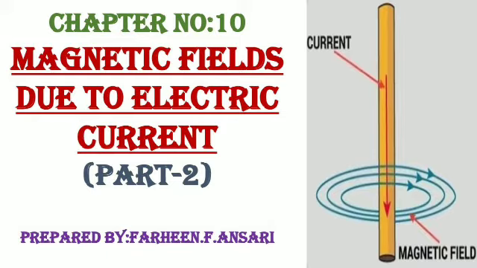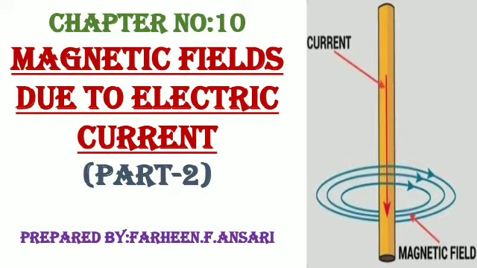how a magnetic field is produced around a current carrying wire through an experiment that was known as Oersted experiment. So through that video experiment I explained to you how a magnetic field is produced around a current carrying wire. Then next to that we had a solenoid, and I explained what a solenoid is.